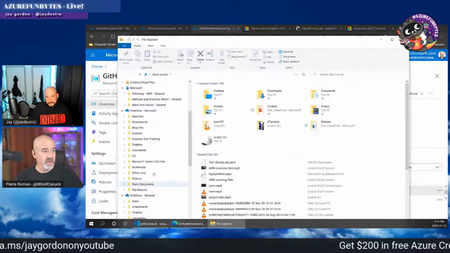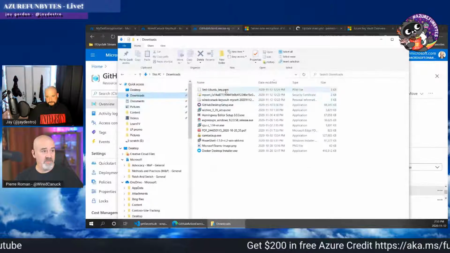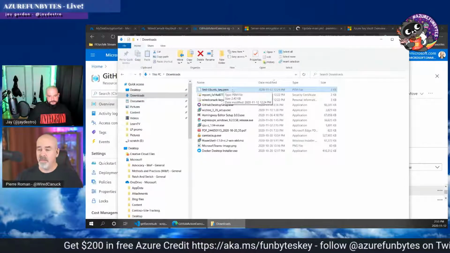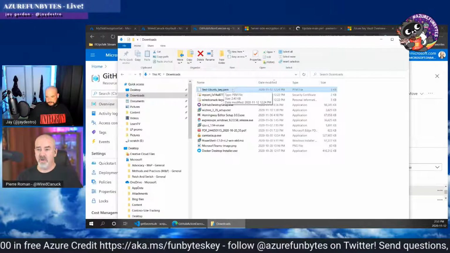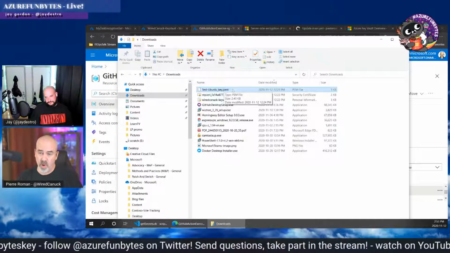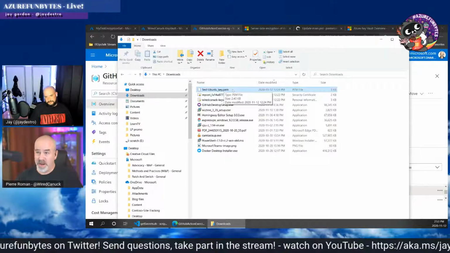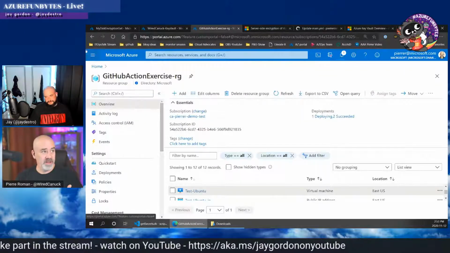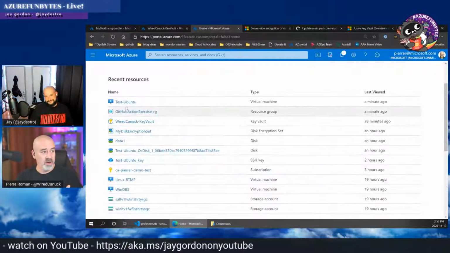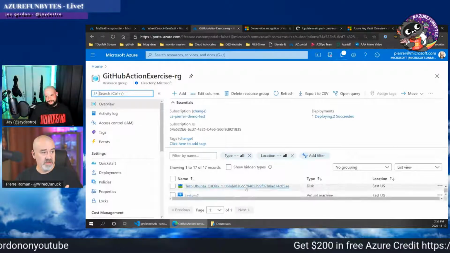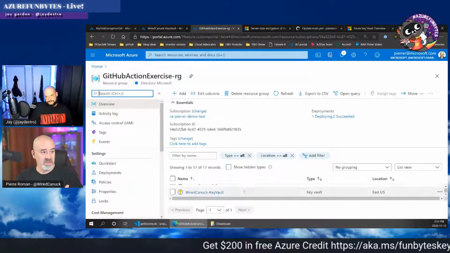If I go locally, now I've downloaded that test.ubuntu and that key in a PEM format, which I can now use to SSH into that machine should I have the SSH port open. But I can also take that PEM, and it's all kind of a circle here, where if I go back to my Key Vault,